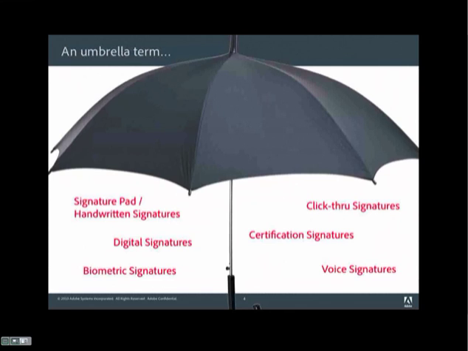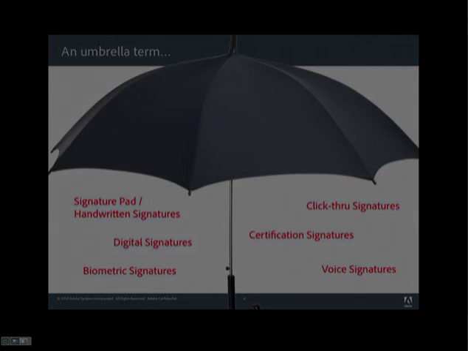So in a lot of ways, electronic signatures is an umbrella term, underneath which you might have signature pad signatures, where you actually have a piece of hardware, much like we do at a point-of-sale terminal at the store, or for some banks, they may have a signature pad. Click-through signatures, which we'll talk about in a little bit. Certification signatures, digital signatures, which we'll also cover